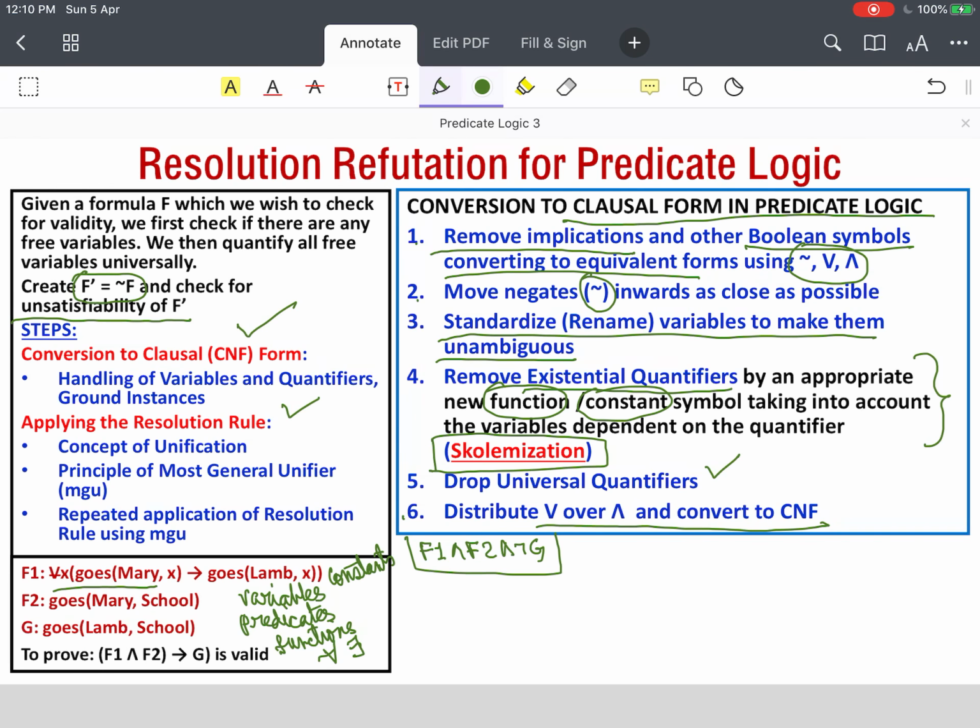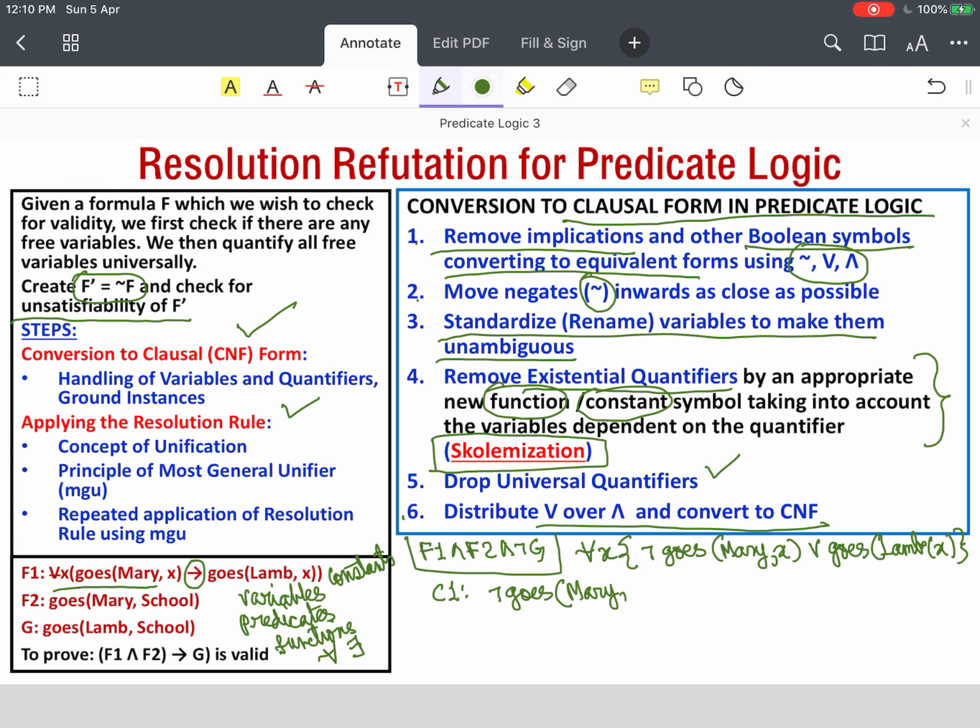So for that, we will take F1 and convert it to clausal form. When F1 is converted to clausal form, we remove this quantifier and get not A, not goes Mary or this. Then we will have this clause: for all x, not goes Mary x or goes lamb x. Then we have no other steps to do except step 5, where we remove this quantifier and we get